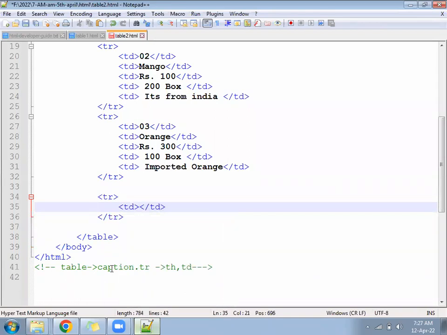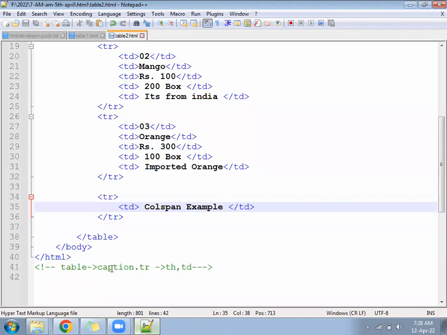Under the TD, first write here colspan example. Now, when we have added colspan example in one TD, if you run your page, you will feel like something